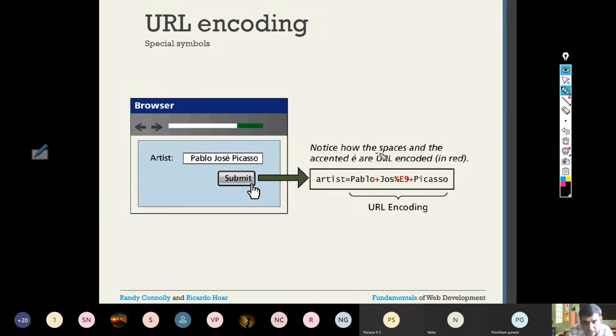José may be an Italian word, so you have represented it using an accented E, and that's why the accented E is encoded in red. If you note it, between Pablo and José there is a space, so that is indicated by plus. Then in José, the E is an accented E, which is given as percentage E9. So you may wonder what this percentage E9 is.